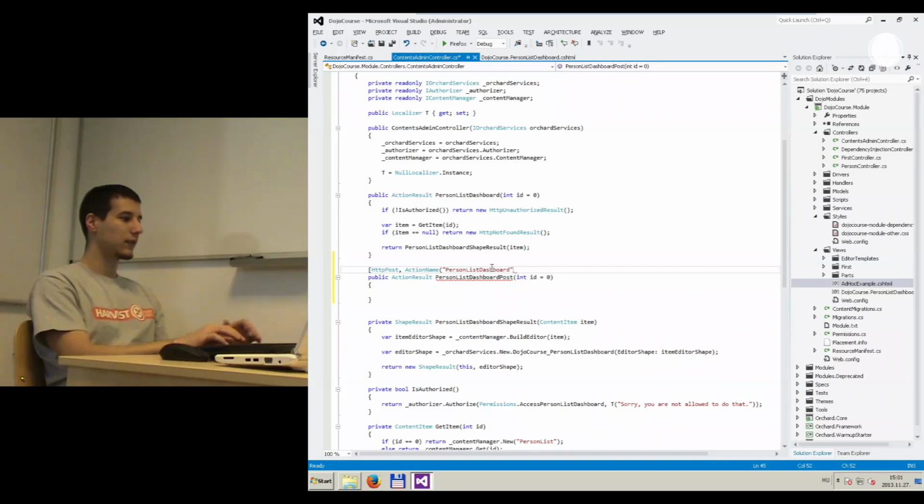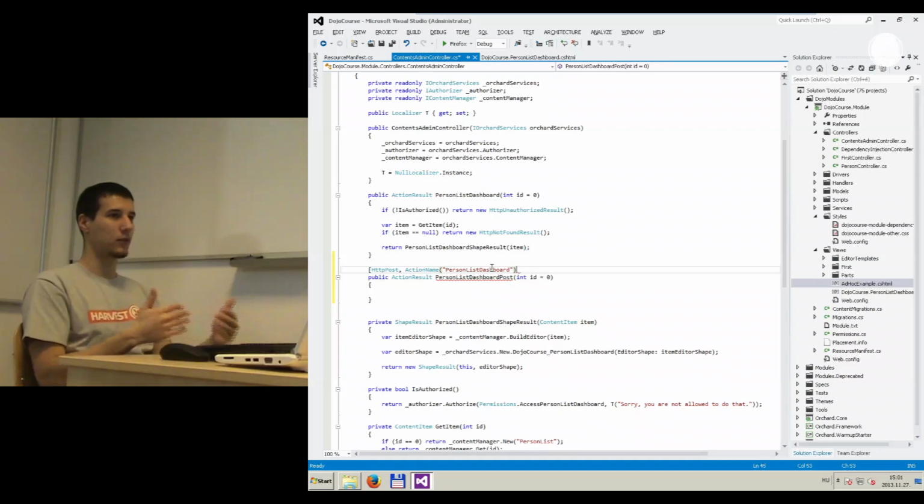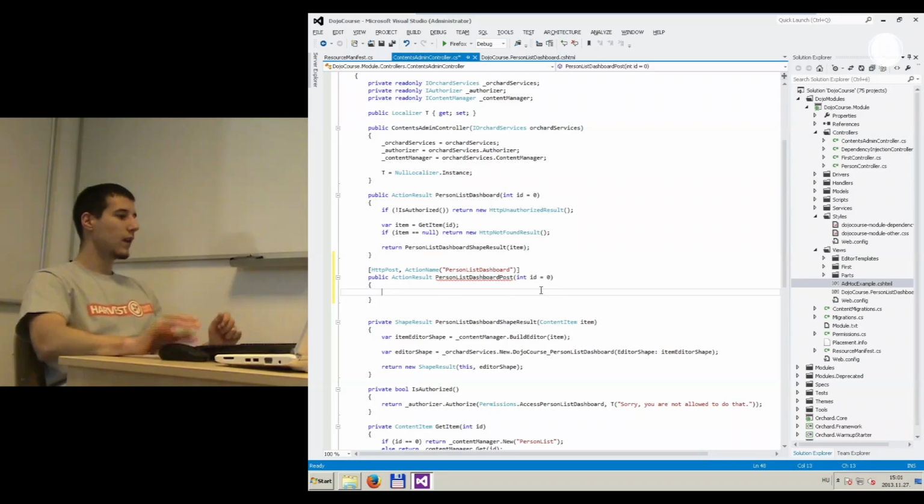So this way the system knows that they actually belong together, and one of them is the get method, one of them is the post method. So we connected these methods together for this intended behavior. So now we need to implement our post method, and the first